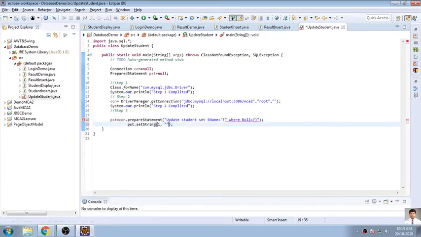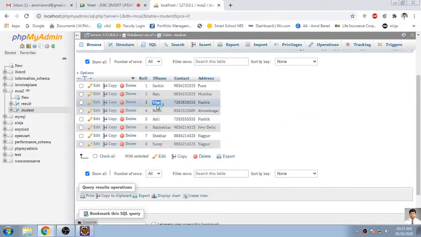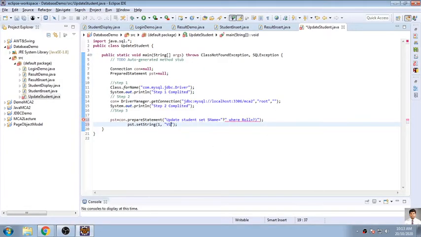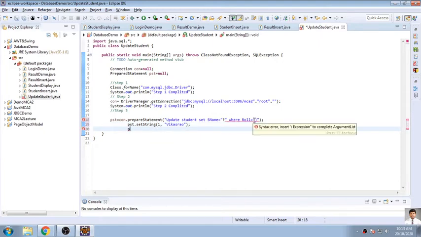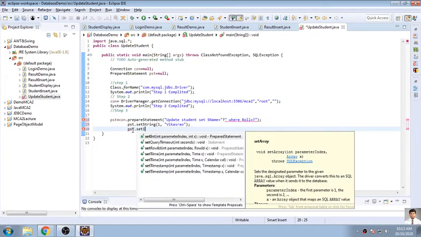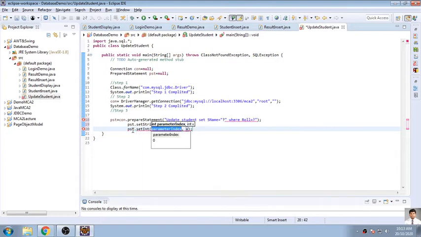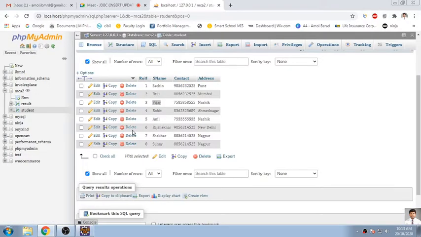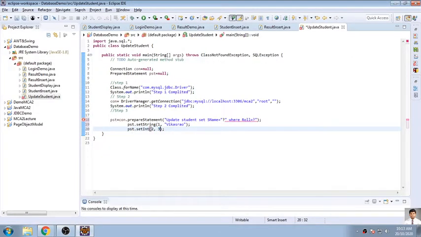I want to change the name of Vijay to Vikas, so we will write Vikas Rao. And at run time I want to change the value also, so pst.setInt, and there is a second question mark, comma, and I want to give the roll number, that is roll number 3, so I will give it directly as the value 3.